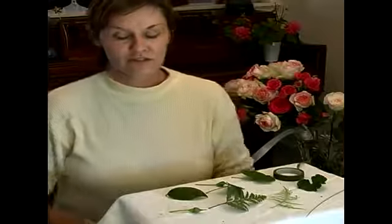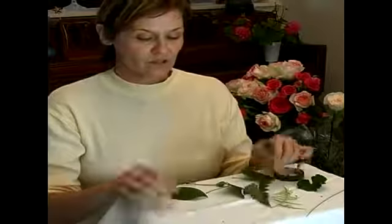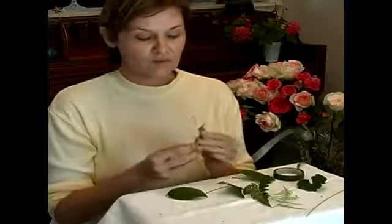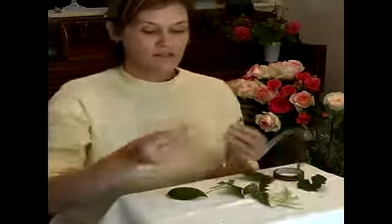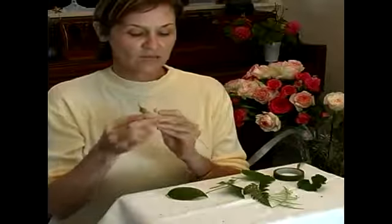Also, I want to tell you that you can use all of these kinds of greens to make a boutonniere. If you're having trouble getting your groom to wear flowers, you can combine all these different greens together to make a boutonniere. I'm also going to use a couple of the little buds from our roses that have not bloomed yet, and I still need to use my wire and put it right through the stem